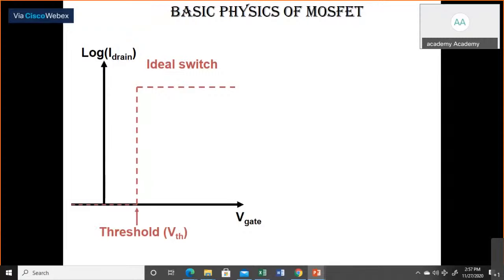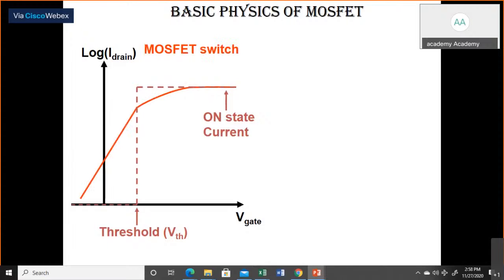So if we take a threshold voltage, this is considered to be the threshold voltage. This is considered to be the off-state leakage current when no gate voltage is applied. And this is considered to be the on current when the voltage applied is equal to the power supply voltage. And if we talk about the MOSFET switch, how it is different from the ideal switch, the MOSFET switch will function as